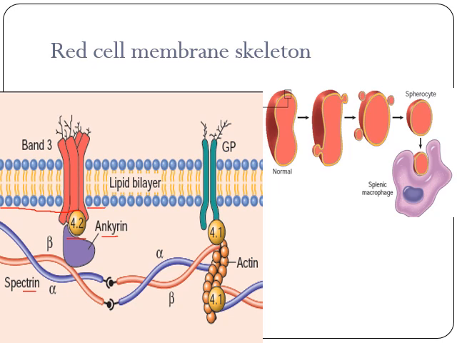So for this attachment there are a few proteins, that is 4.2 protein and ankyrin, which will help the interaction of spectrin with the lipid bilayer, that is a specific protein of the lipid bilayer, that is band 3. So 4.2 and ankyrin help the interaction of spectrin and band 3. So in RBC, what is happening? In the RBC membrane, there is spectrin. This spectrin will have an alpha chain and a beta chain.